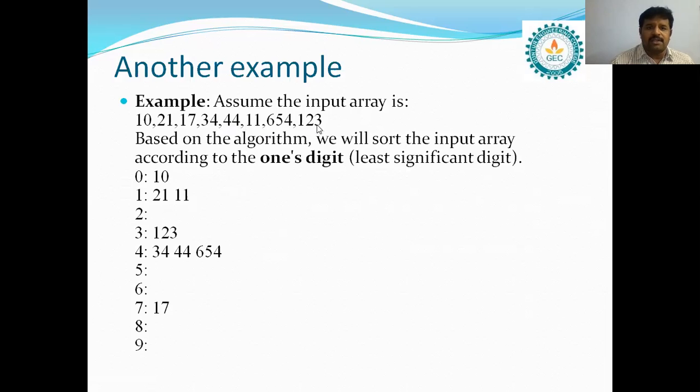Among these values, we have to check which one is the smallest. So 0 is the smallest. So write that element at the 0th location. So 10 is written at the 0th location. After that, we have to write 1. We can find the next smallest element at the ones place, that is 1. But 1 is repeated twice. So which element is written first? The smallest element should be written first.